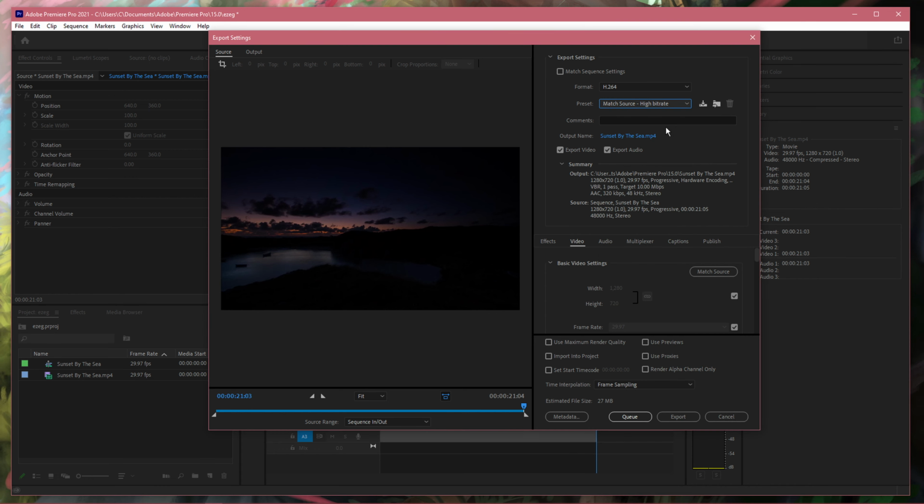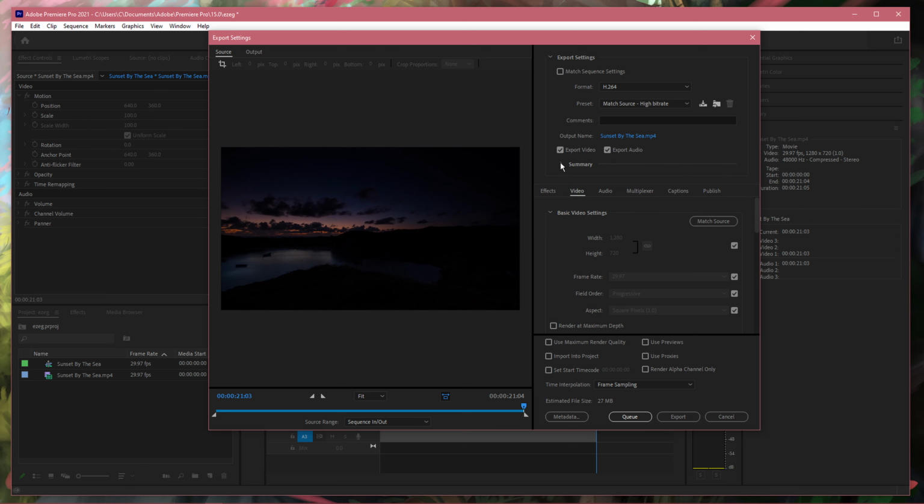When this is done, you can change your output location when clicking on the blue name. Make sure that both the export video and export audio boxes are checked, and then you can preview some information